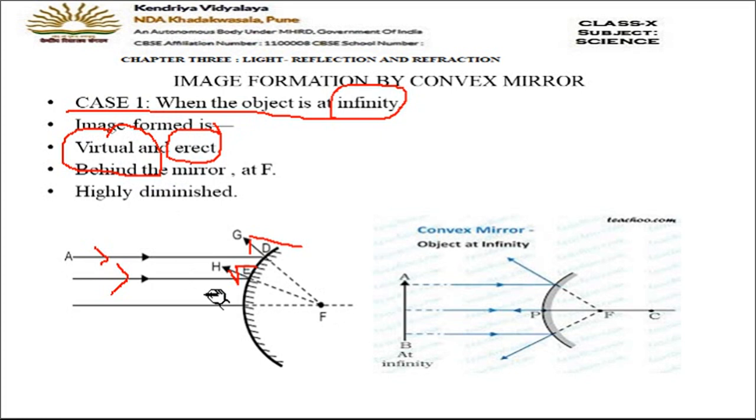Fine. And now, can you tell me what is the location of the image formed? Now see, this is the mirror. Front of the mirror is this side. But now the image is formed behind the mirror. Image will be formed at this point F, and this point F is now behind the mirror. So what will we write? That the image is virtual and erect. It is formed behind the mirror at point F. And the image formed will be very, very small. So it is highly diminished. Highly diminished means very small. Point size image will be formed.